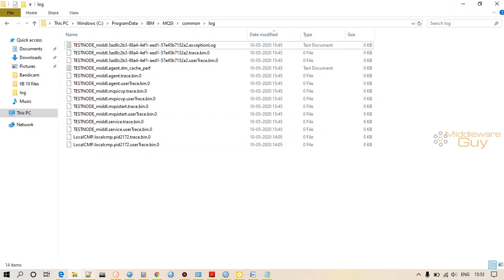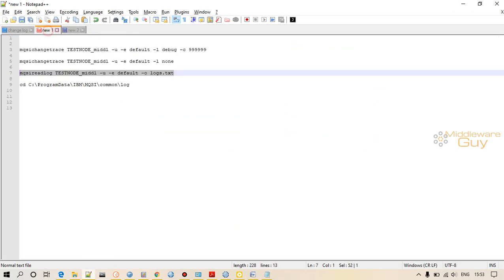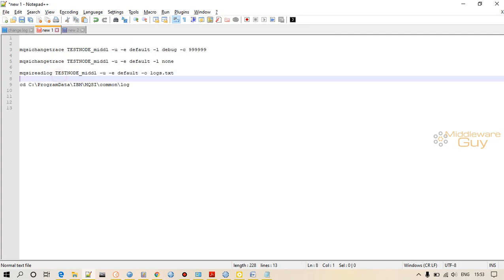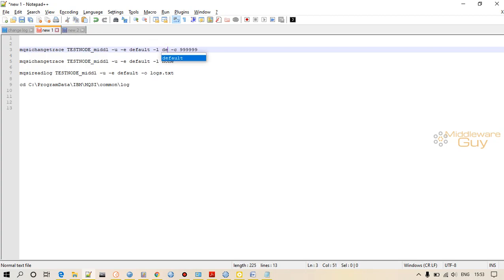There is a certain command. In order to save time, I have copied this command: mqsichangetrace integration node name, -u means user trace, -e means execution group, -l means the trace level. Here you can also provide normal or debug, right?